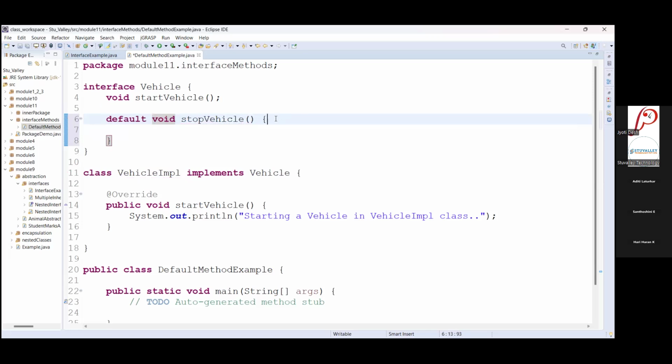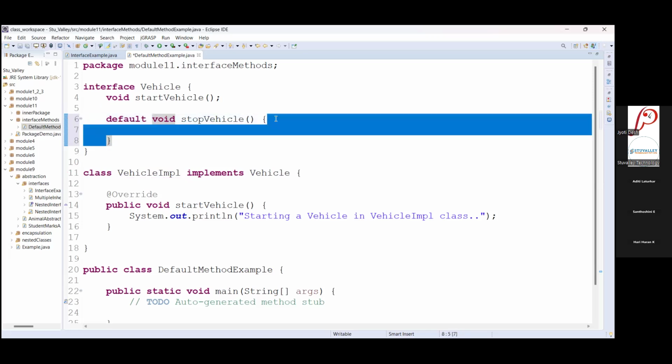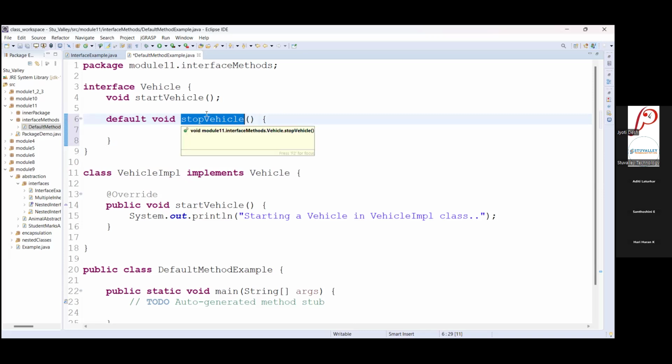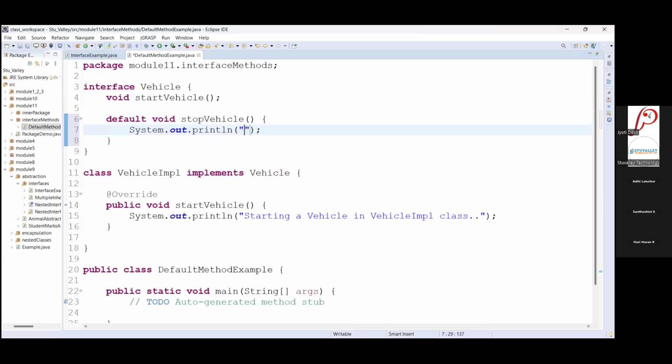Because concrete methods, only default methods, static methods and private methods are allowed inside the interface, not a normal method. So I have given the default keyword here to make this stopVehicle method default. Now I am giving some default implementation, stopping a vehicle.